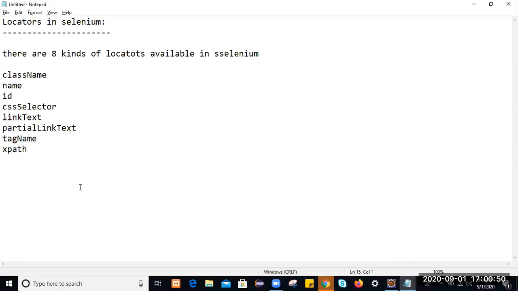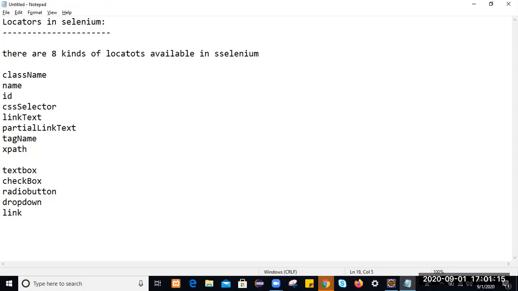What are the web elements we treat? If there is a text box, the text box will be treated as a web element. Similarly checkbox, radio button, then some select, some drop down, then some link.